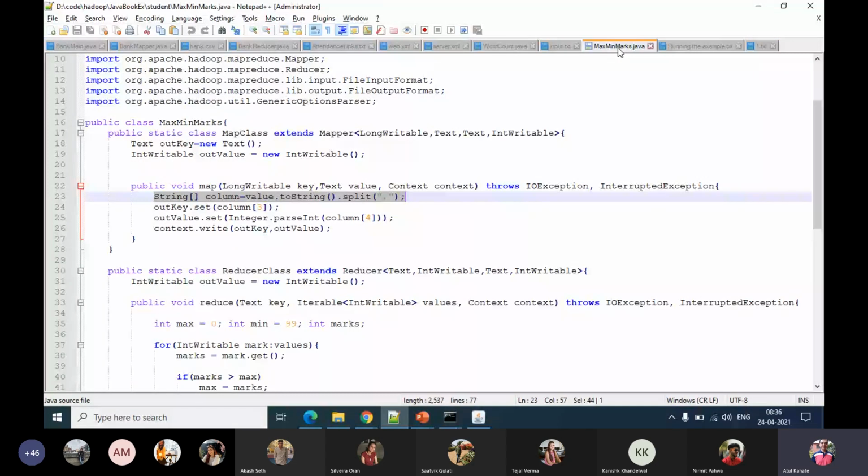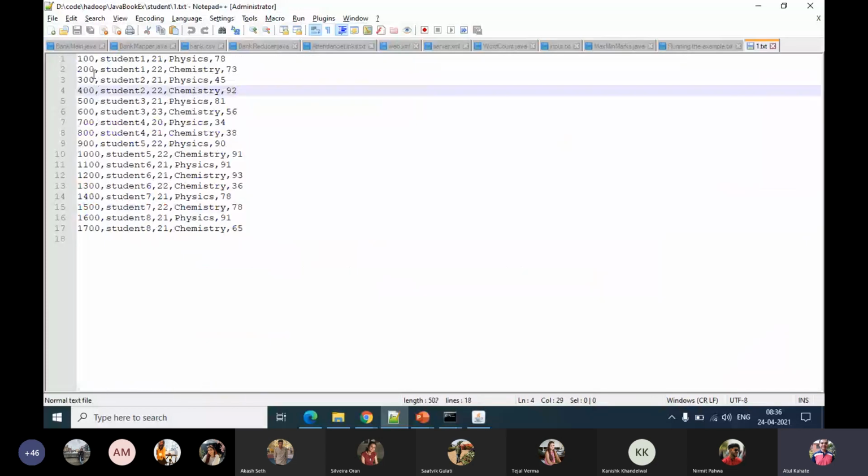So we will read that entire line, splitting at commas, and then we look at column number 3. Okay, column number 3, we start counting at 0. So 0, 1, 2, 3.